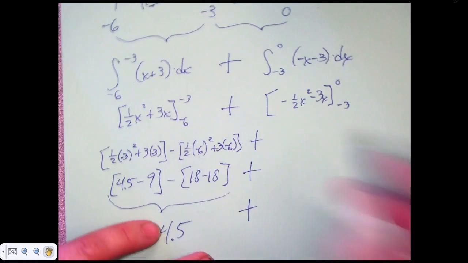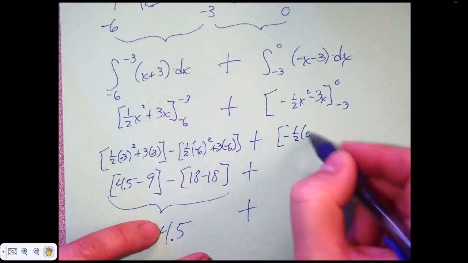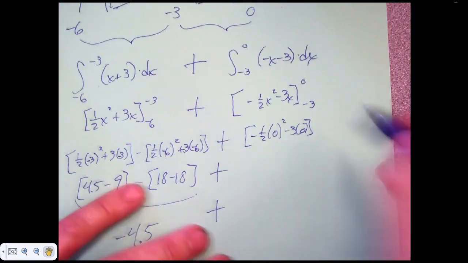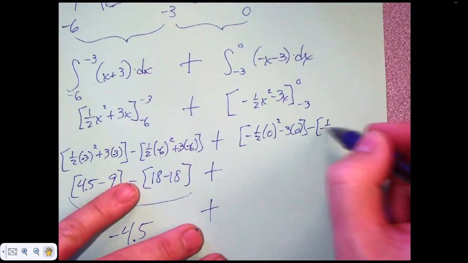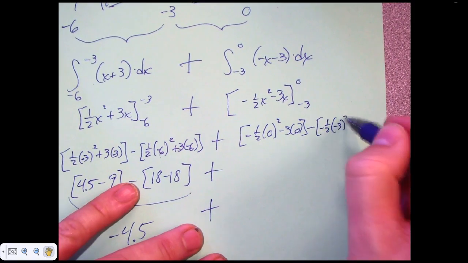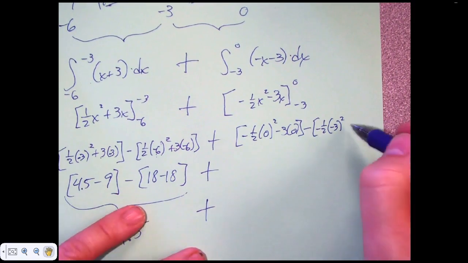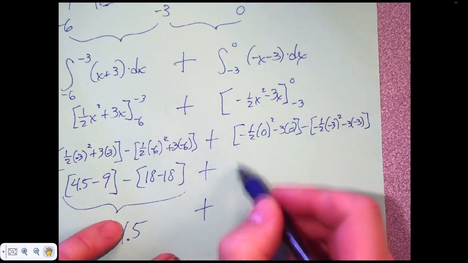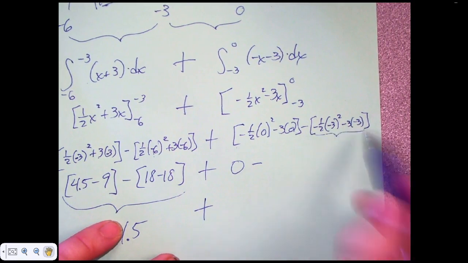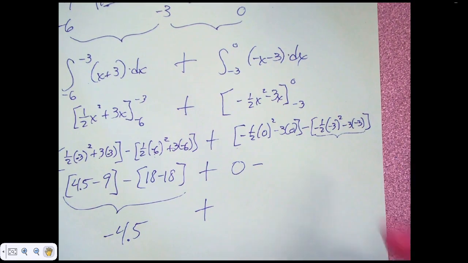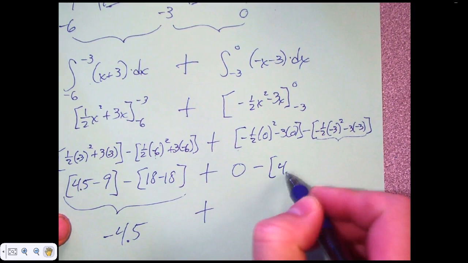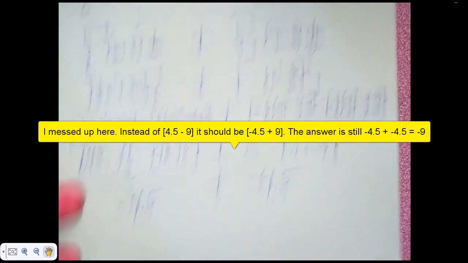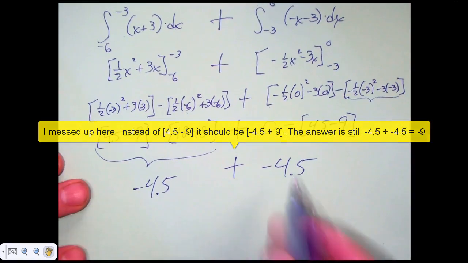And I've got this part over here too, so negative 1/2 times 0 squared minus 3 times 0, so that'll just wipe out, which is nice. Minus negative 1/2 times negative 3 squared minus 3 times negative 3. So when this goes in, I'm going to get 0 minus, and I know what I get when I plug in negative 3 because I did it over here. I'm going to get that 4.5 minus 9 again, which is negative 4.5, and then negative 4.5 plus negative 4.5